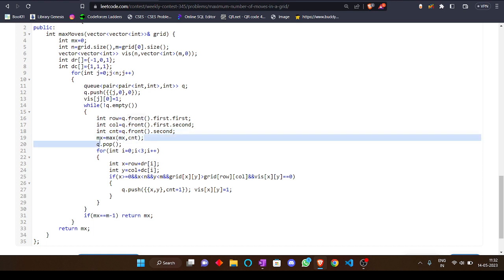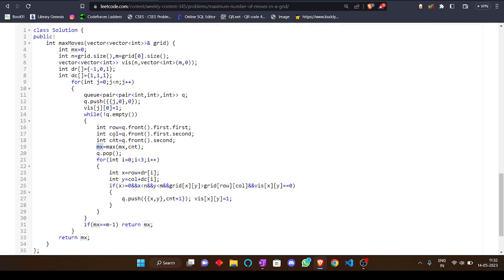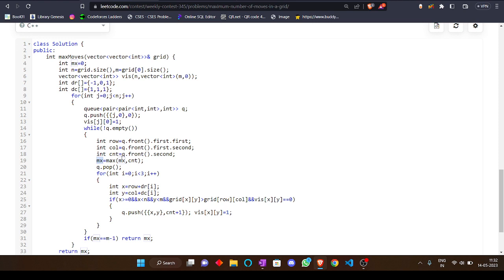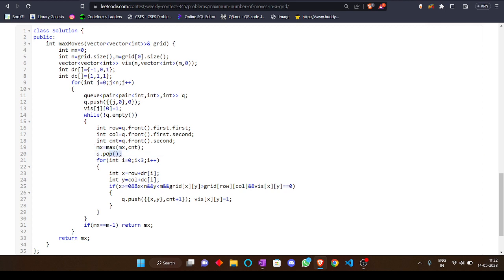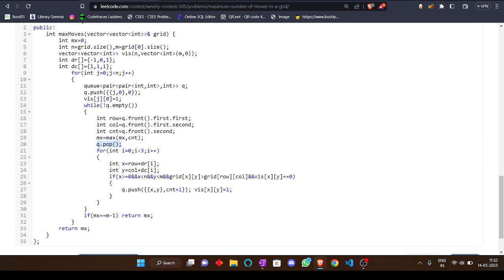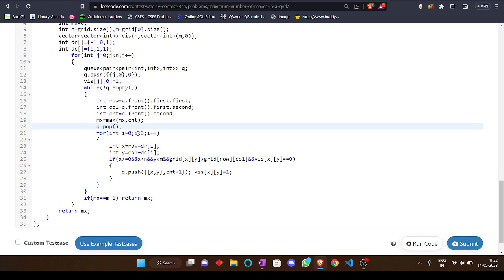Then I do this max because I'm storing the maximum. I have to return the maximum number of moves I can perform from a given index of the first column. So this stores that, and every time I have to pop, because I am storing all the possible moves from that index. So I don't need that index anymore. So I have to pop this out. And this loop is